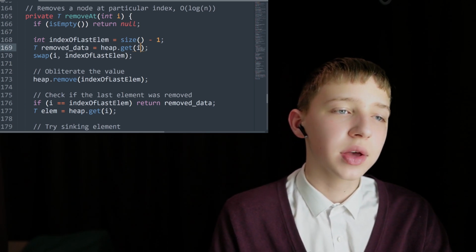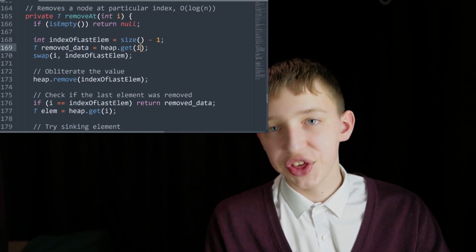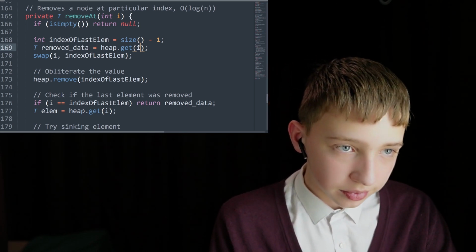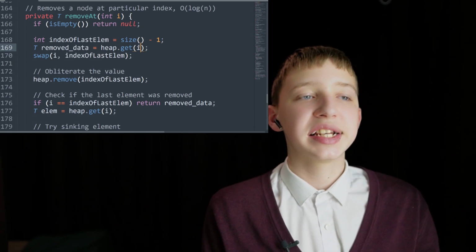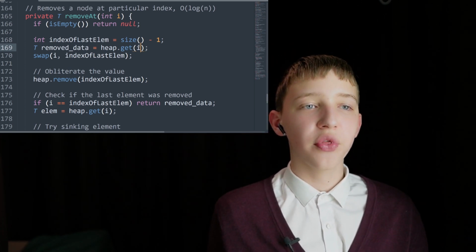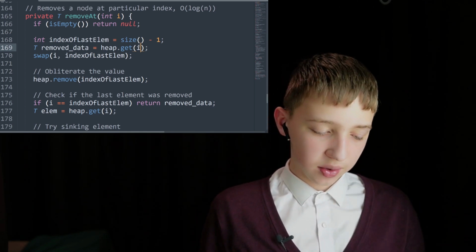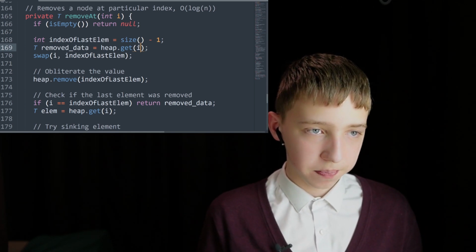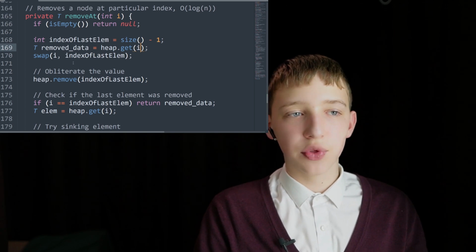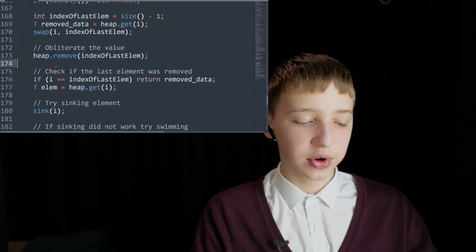We are swapping the index of the last element with this. We're swapping the element at the last position with the element we want to remove. And now, as it is in the last position, we can simply remove it without